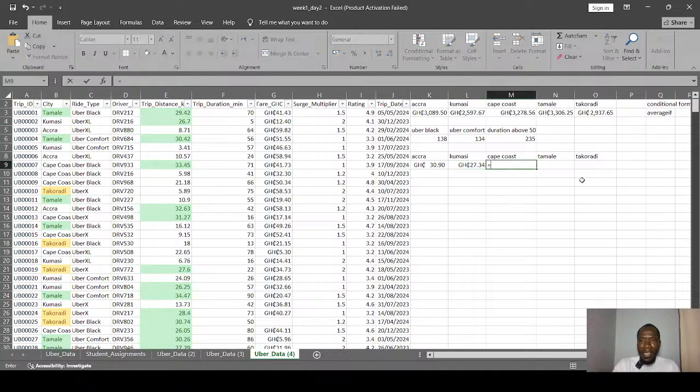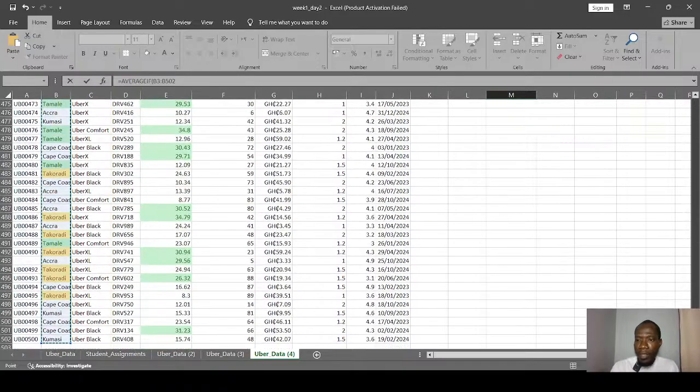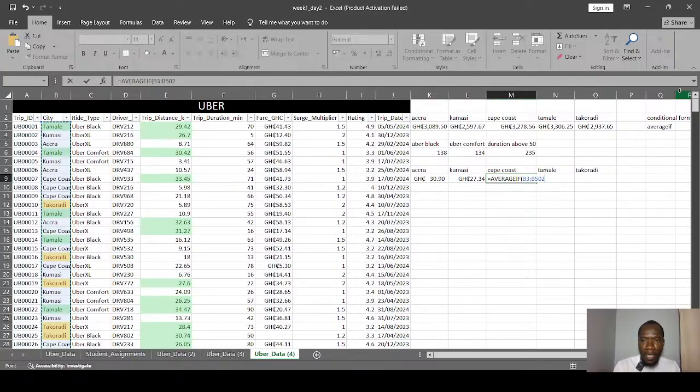Oh, let's go to Cape Coast. Average if, double click. Then we still select our range as usual. Then we go back up, bring our criteria. This time we are dealing with the Cape Coast guys.